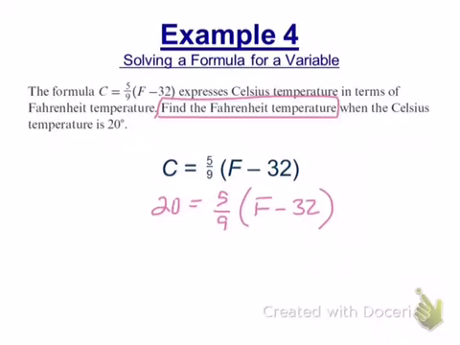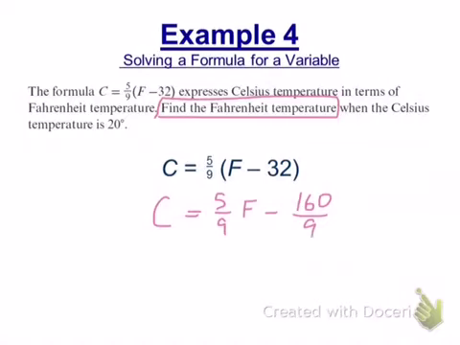We got to distribute, right? If my variable is trapped inside of parentheses, you have to distribute to get rid of it. So distribute the 5/9. Now I have an equation that has fractions in it. Let's see how our reflexes are going. How do you solve an equation that has fractions in it? You multiply the whole thing by 9 to get rid of the fractions. Yes. That gives us